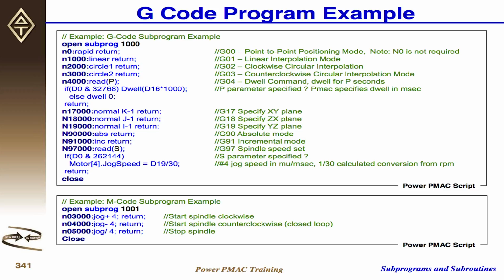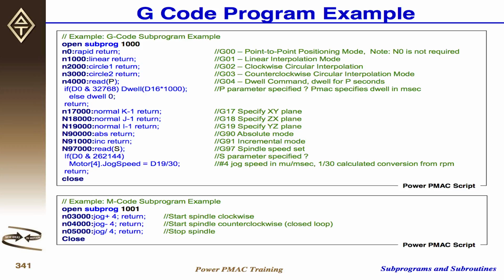G04 in G code is a delay. It's like dwell time, your waiting time. Generally, it shows with the P. You will see something like P2 in the standard program. That means wait for 2 seconds. So how can you interpret this in Power PMac? You can do this with the dwell, right? So when you see G04 and then P2,